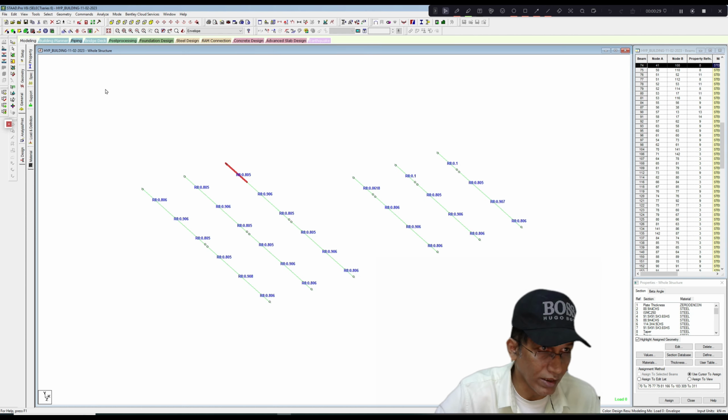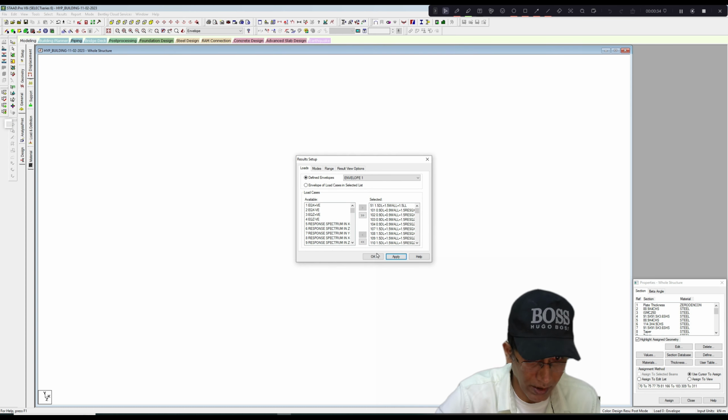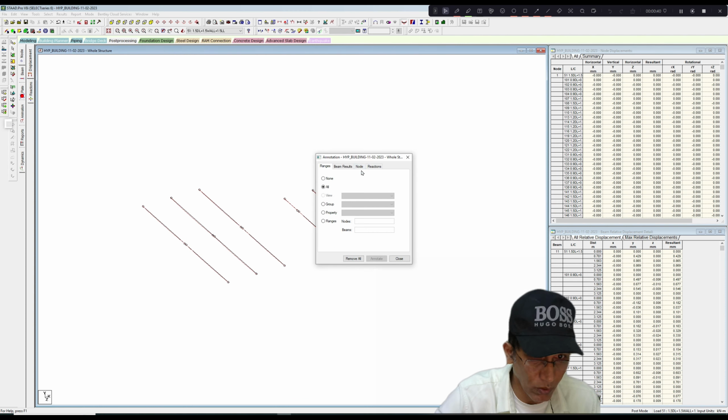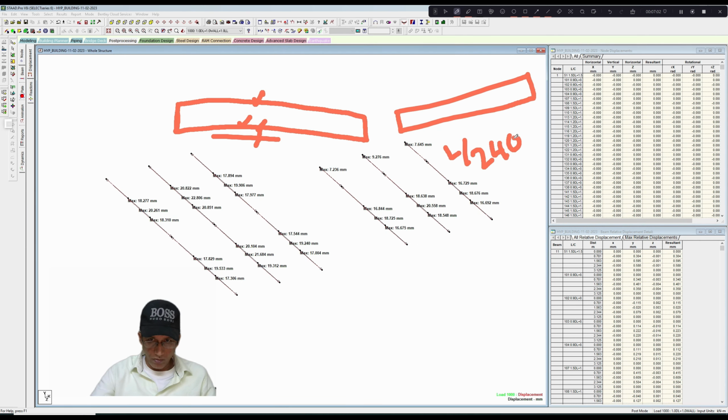So now let us go to mode post processing, apply, click on deflection diagram, go to result, view value, beam result, max resultant, annotate. How to decide whether these deflections exceed the permissible limits? This deflection limit is the differential deflection limit. Now, what is differential deflection limit? To understand that, we should